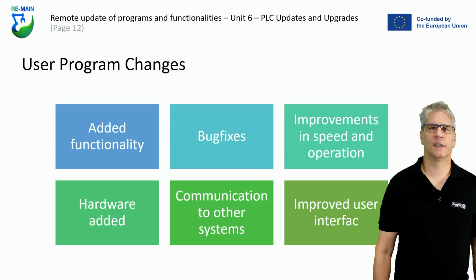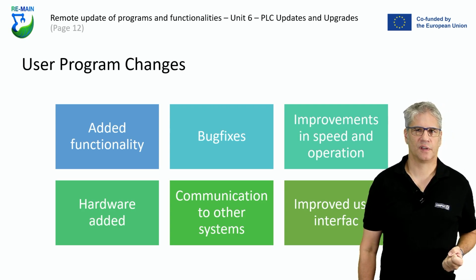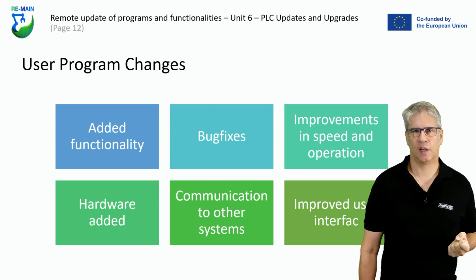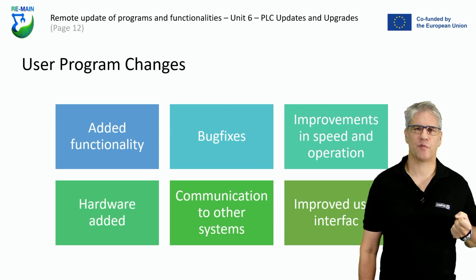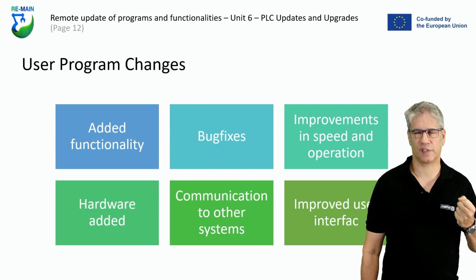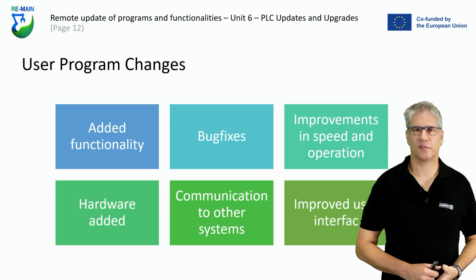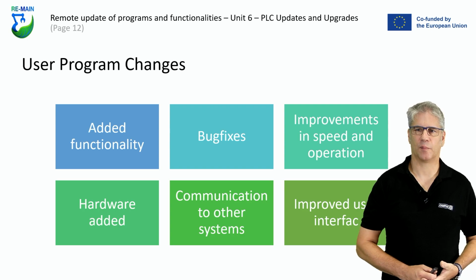And finally, of course, and this is what we will experience most, are user program changes. When we add functionality or add speed, this is something, especially in industry, that is very important. You have a running machine and you can increase the throughput of the machine by just changing slight things. And you'll be the hero of the production, because production that runs faster on the same hardware just by changing software, optimizing something, this of course is very, very cool and great, and will increase the throughput of the system and help to save money.